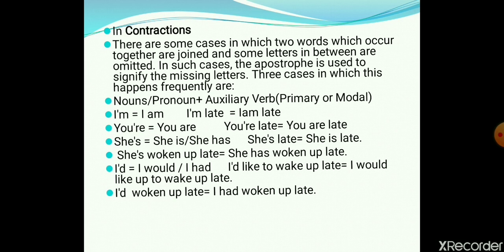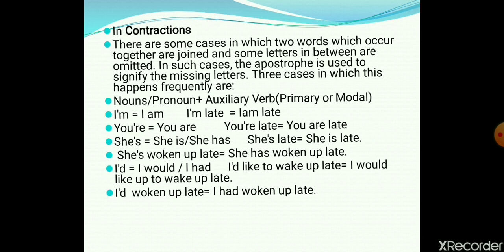Is it clear? Now, what are primary verbs? Primary verbs here can be: is, am, are, was, were, have, has, had, does, do, and did. And modal auxiliaries can be shall, will, should, would, can, could, may, might, must, need, ought, and dare. So these are primary auxiliaries and modal auxiliaries. Is it clear? Now let's see the rule.